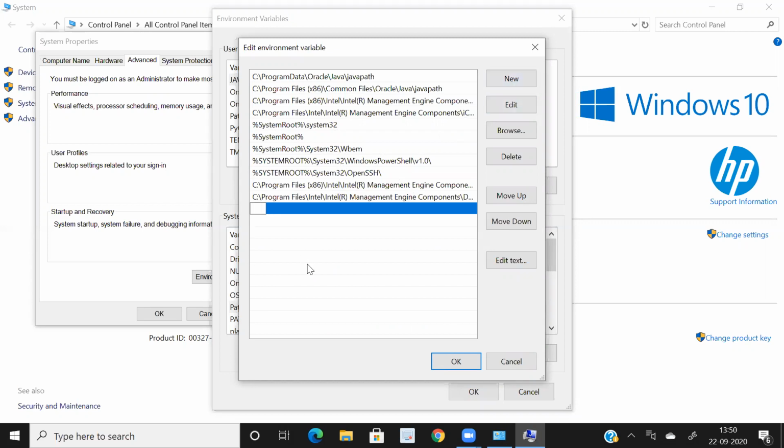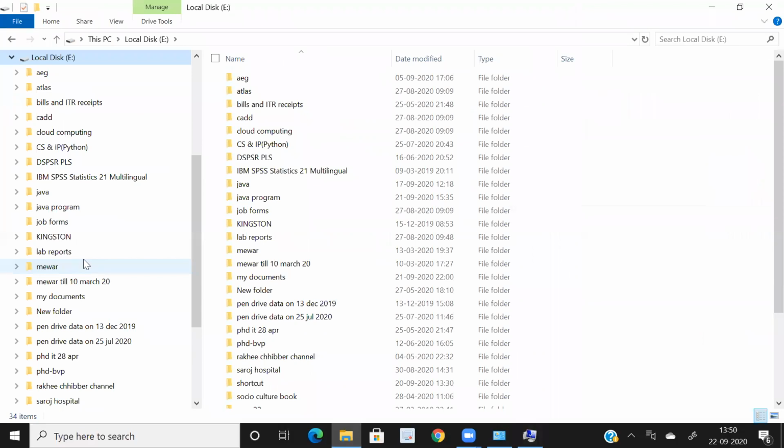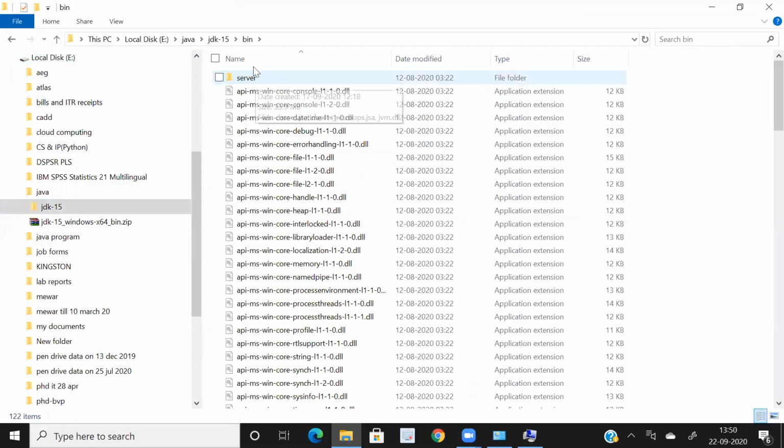A new line will appear here. Now I have to set the path. So how will we get a path? First of all, either you can type here, if you are confident about the spelling and the blank spaces in your complete path, then you can type. Otherwise, you go to your file explorer of Windows, and click on whatever software you have and where you stored your Java software. As we know, here I can find the javac file.